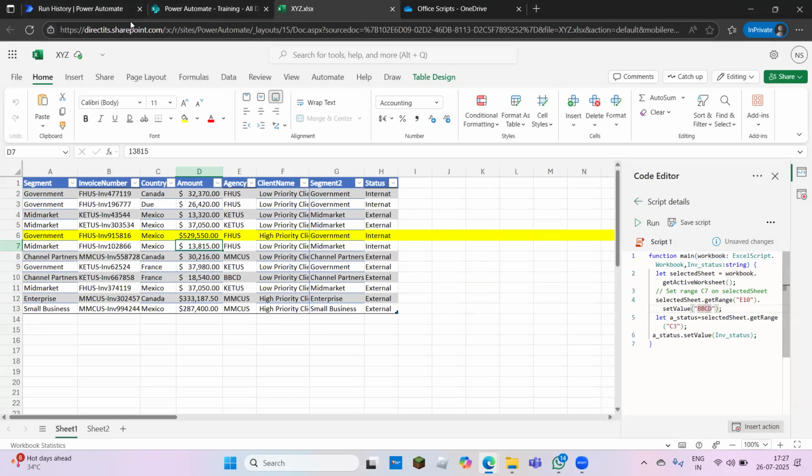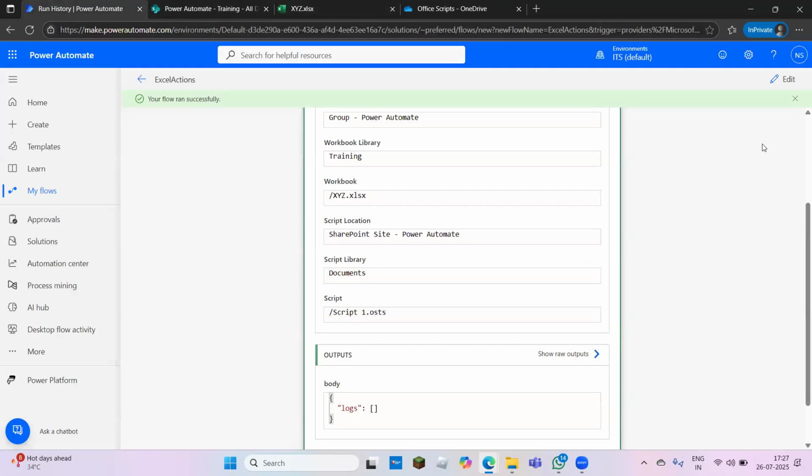And same way, if I use this script now in my Excel Power Automate, it will show me one input box. In an input box, you can define your own value. If you want to update any value which is coming from any of your actions in an Excel file, you can update that. Similarly, if